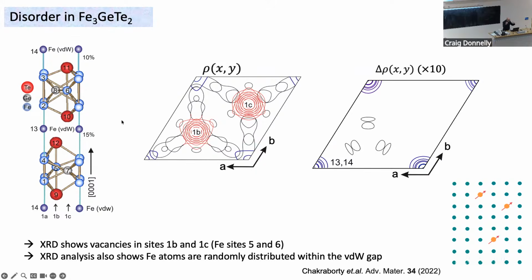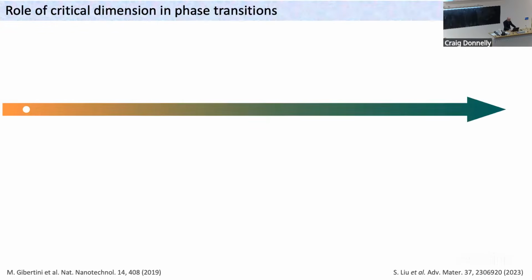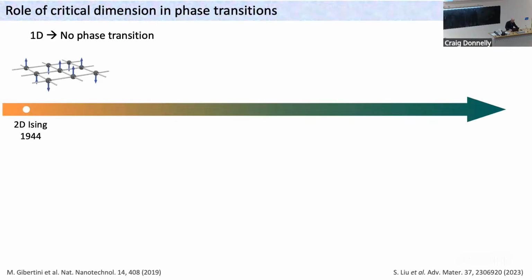So what does it mean? It turns out it's actually, we think, very, very interesting. It turns out you have a set of iron atoms which are randomly distributed and randomly interacting. And so this leads me to briefly remind you that these 2D materials are very interesting for looking at, from a fundamental point of view, what type of magnetism is present? So as you all know, there's a famous theorem, the Mermin-Wagner theorem, that says in 2 dimensions,